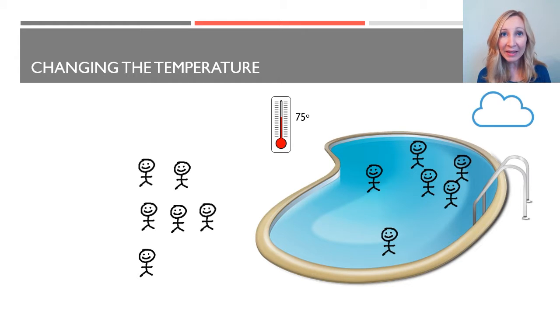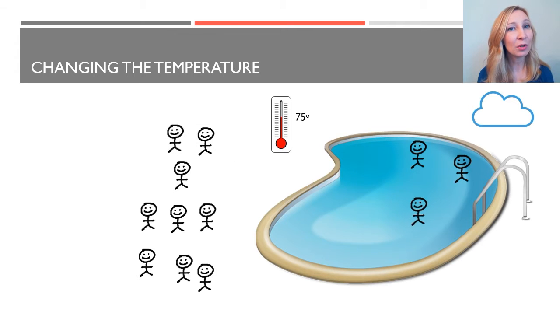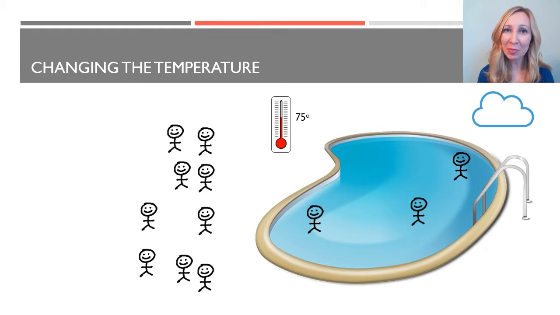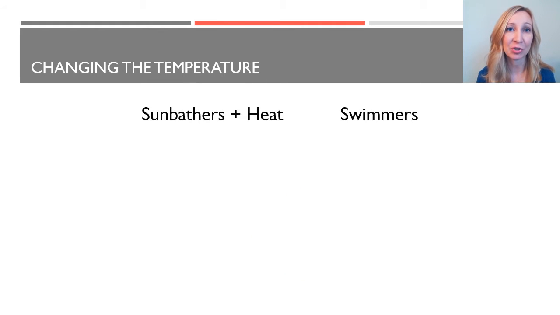Well, if you were swimming and it got really cold, you would not want to be in the pool anymore, so you would leave the pool. This causes a shift to the left, a shift to the reactant side. Now we can still establish equilibrium, but it will look a little different. Our equilibrium will not have as many people in the swimming pool as it did before. So we'll have fewer people in the pool, but we can still have the equilibrium taking place now at a different temperature. We can apply this to chemical reactions as well, but first let's look at the role that heat